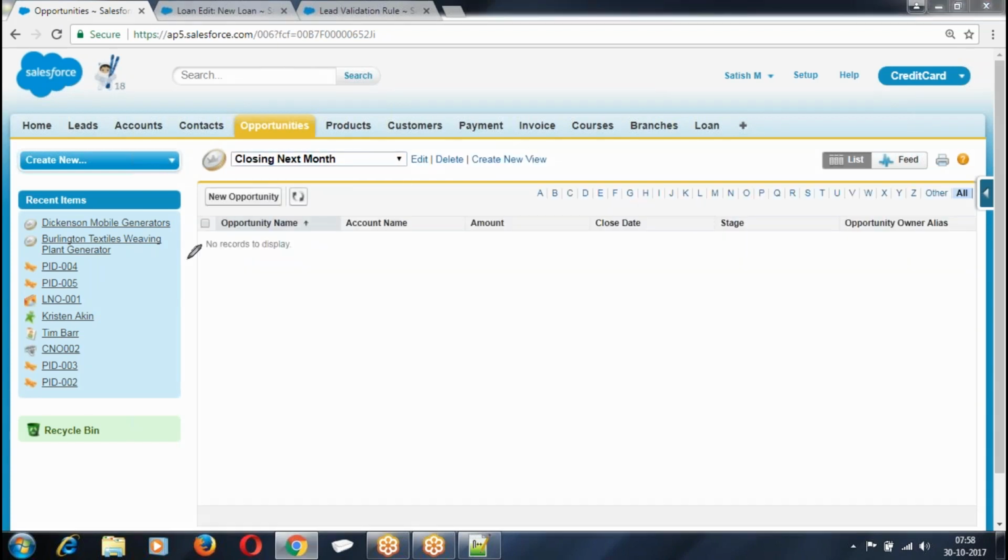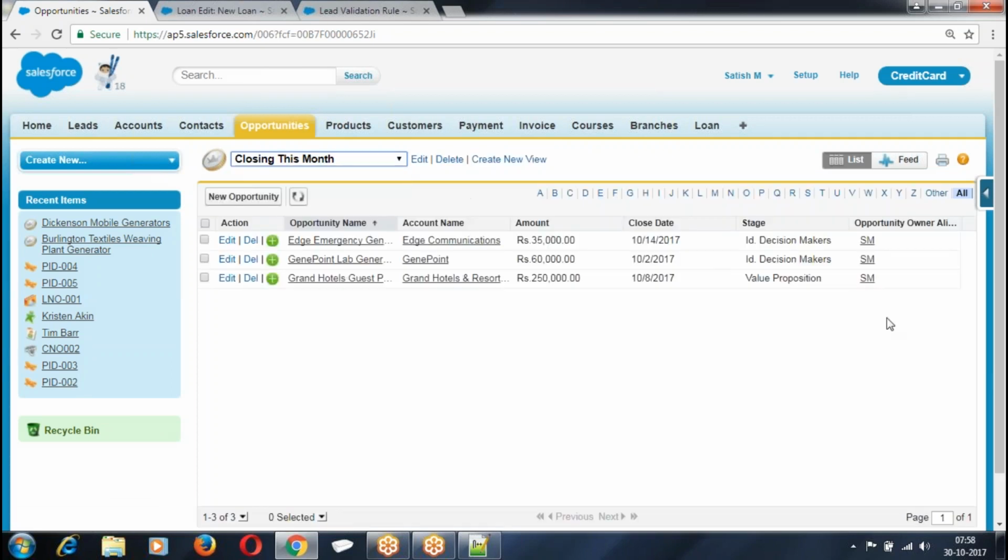Now look at this. Based on this option, there are no records. Internally there was a condition which is helping you to retrieve these records. Are you clear?